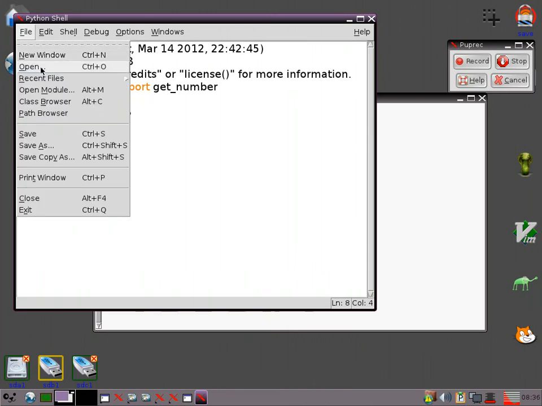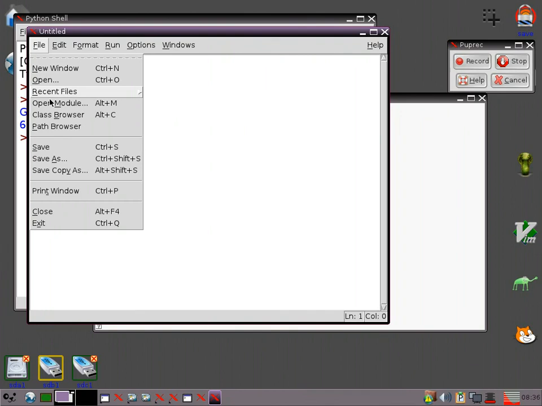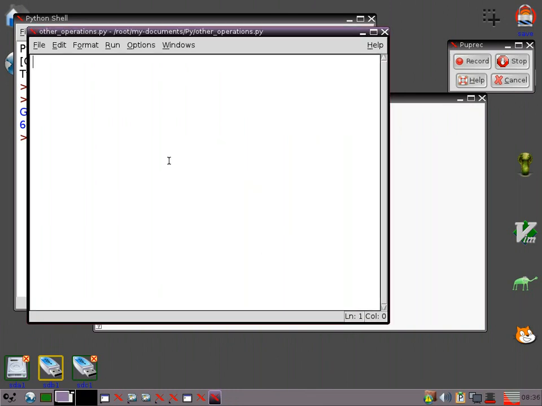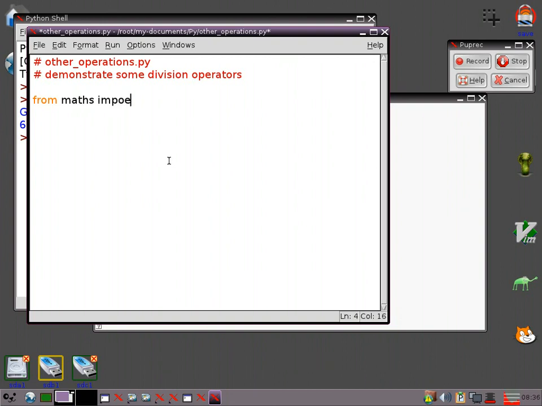Okay, so what we're going to do is we're going to have a new window. I'm going to save this. I'll just save it over that actually. And we're going to call it other operations. And we're mainly going to demonstrate some division operators, because most of the other things are fairly straightforward, but there's a couple of interesting things going on with this. So from maths, same thing again, import get_number,